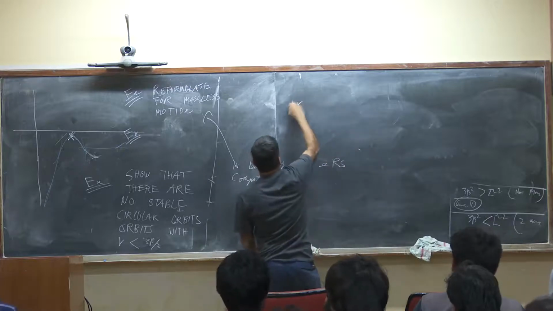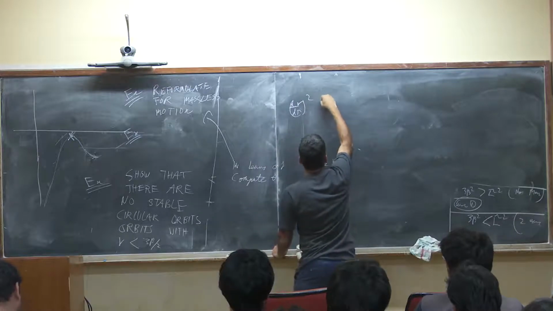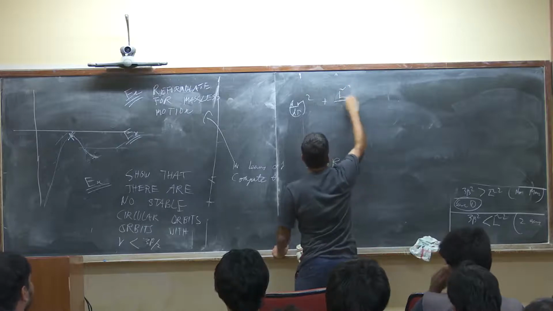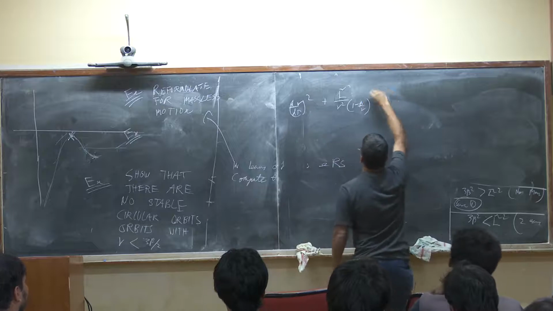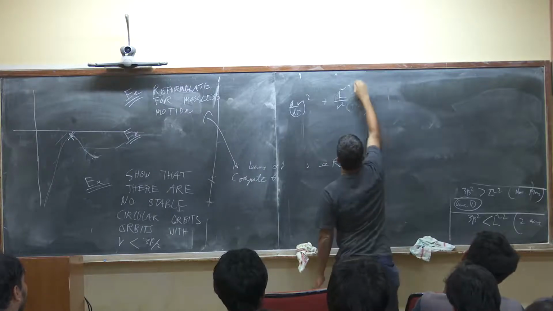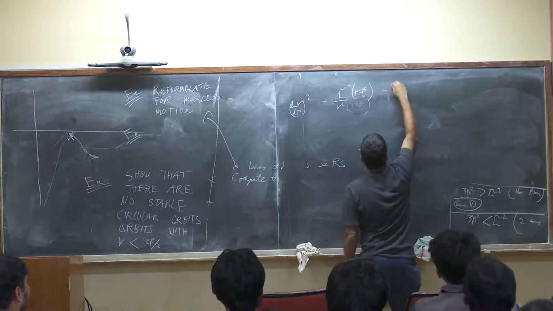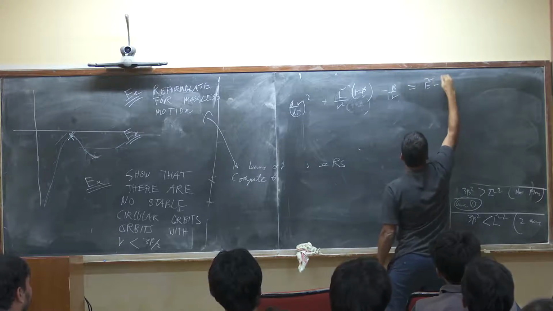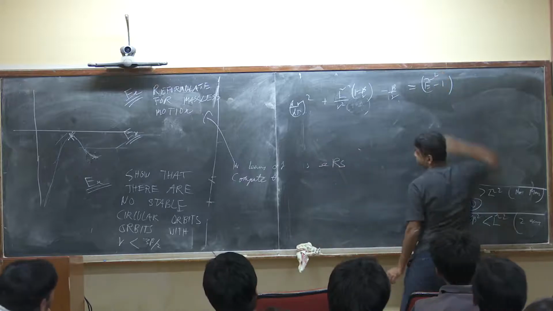It was dr by d tau squared, L tilde squared by r squared, plus m tilde, L tilde squared by r squared, and into 1 minus beta by r. It comes from the numerator. 1 minus beta by r, and then minus beta by r is equal to E tilde squared minus 1, squared, E tilde squared, E tilde squared minus